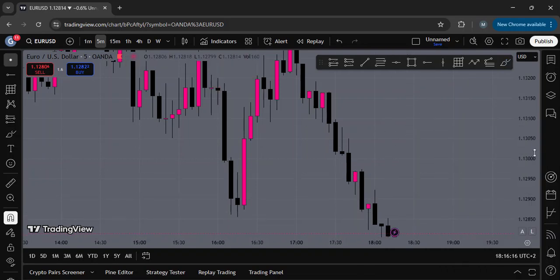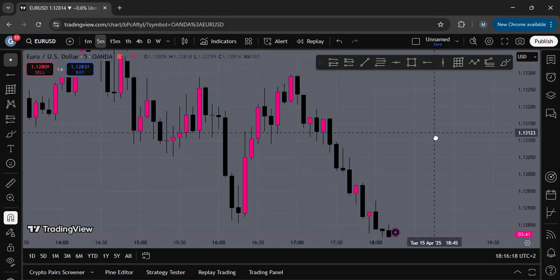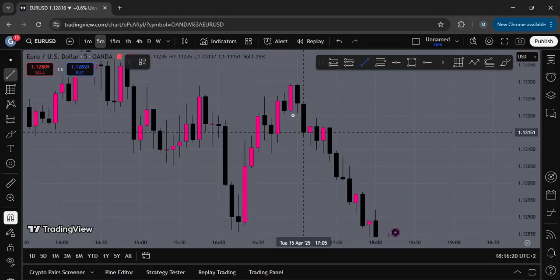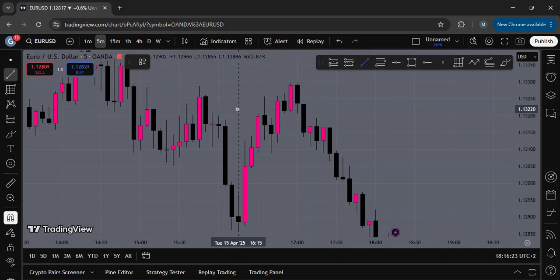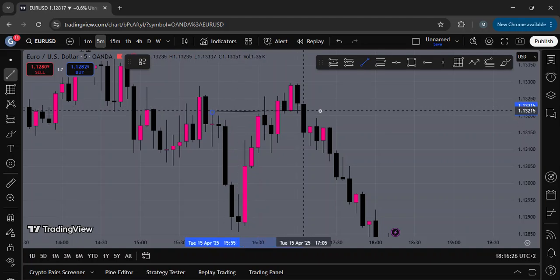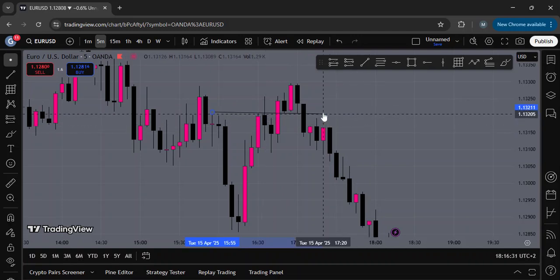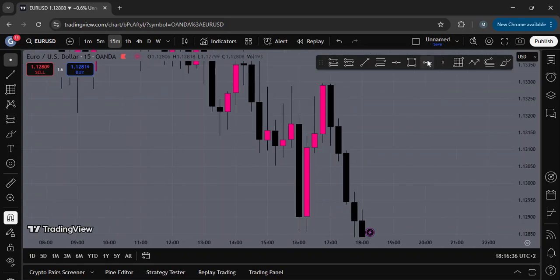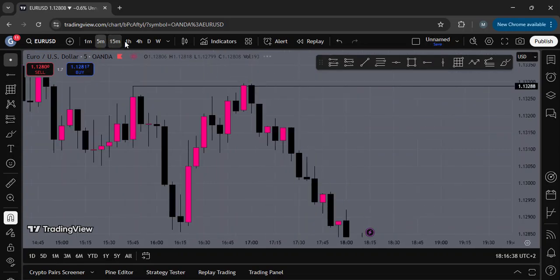You wait for confirmation. In this situation here now, we've broken structure. Okay, let's say you wait again. You wait for some kind of confirmation in structure. You swept this liquidity. I don't know, maybe you would have entered the sell here because we wicked, possibly. On the 15, I think if you were to mark out the 15, yeah, 15, there's liquidity above here. So you wait. You haven't had a sweep of 15-minute liquidity, a high liquidity point. So you wait. You sweep, you close down below.